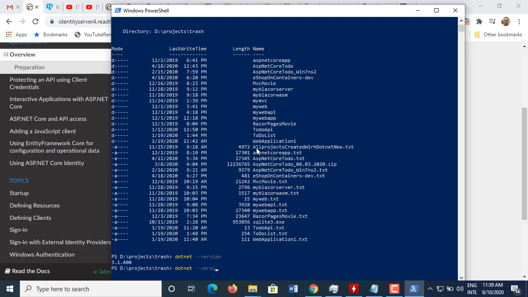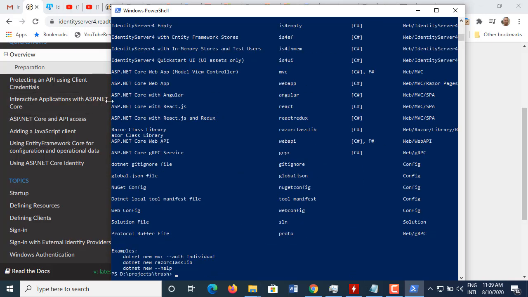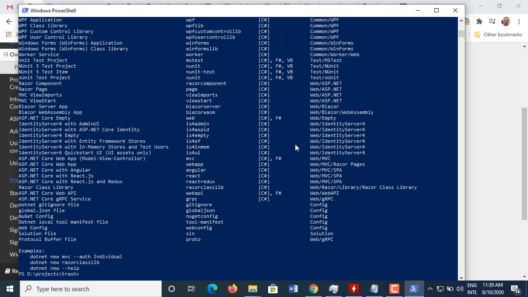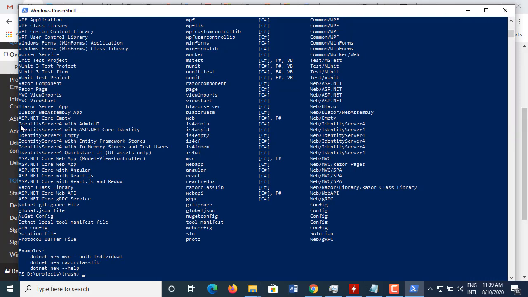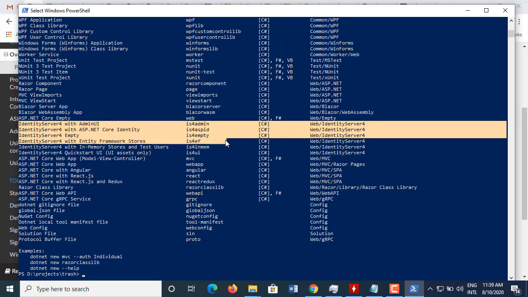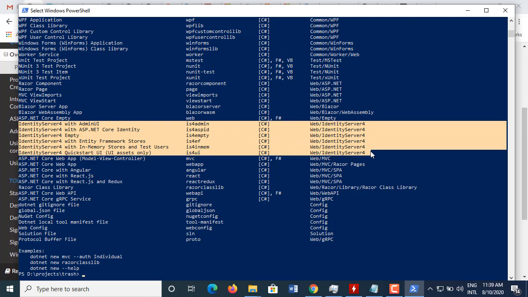3.1.4, I guess, is the last one. dotnet new --help, just to see, do I have these templates? Probably not. Who knows? Oh, I do have them already. So I did this command